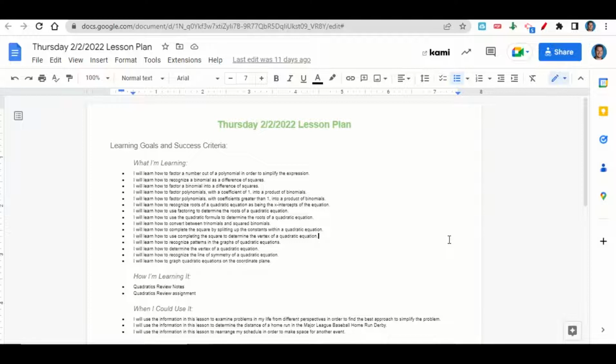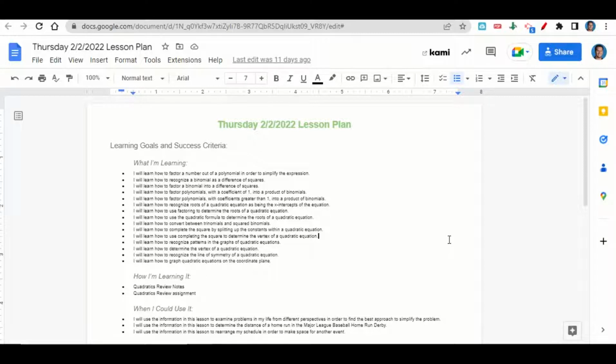We're learning how to factor a number out of a polynomial in order to simplify the expression, how to recognize a binomial as a difference of squares, how to factor a binomial into a difference of squares, how to factor polynomials with coefficients of 1 into a product of binomials, how to factor polynomials with coefficients greater than 1 into a product of binomials, how to recognize roots of a quadratic equation as being the x-intercepts of the equation, how to use factoring to determine the roots of a quadratic equation, how to use the quadratic formula to determine the